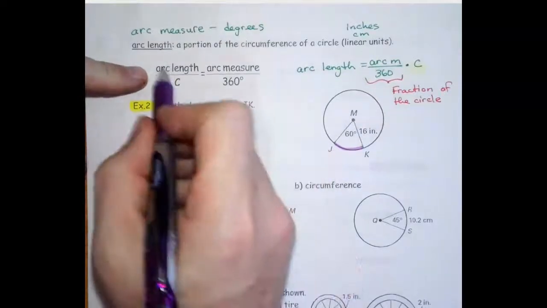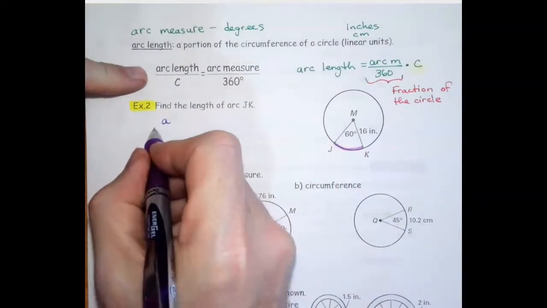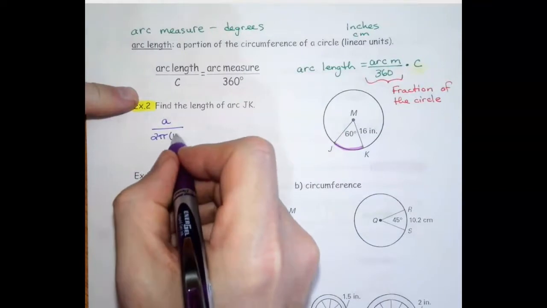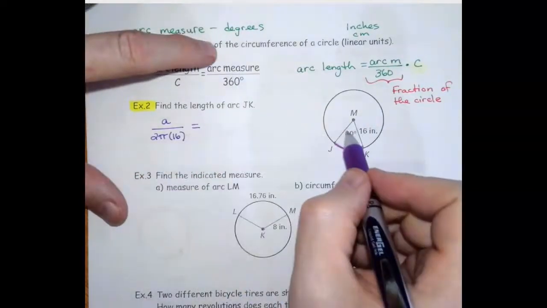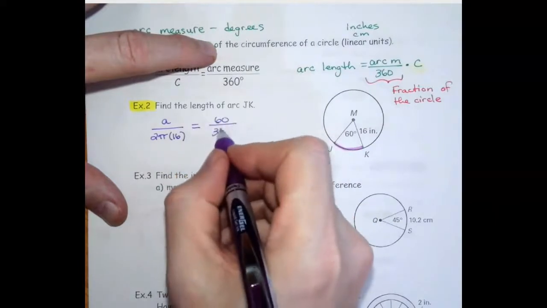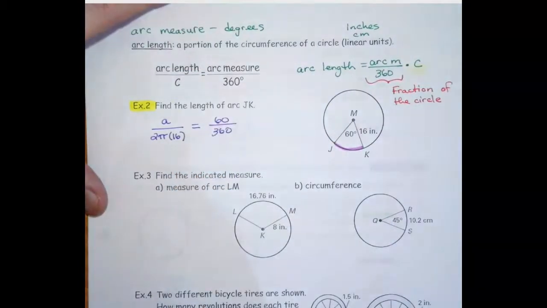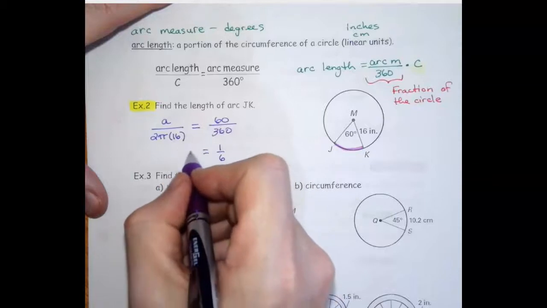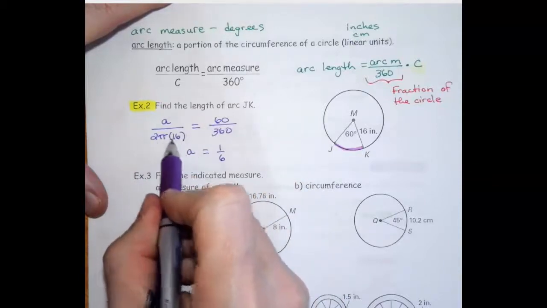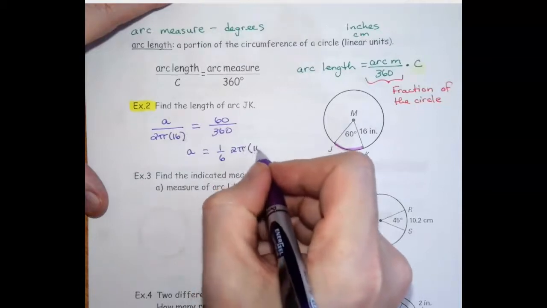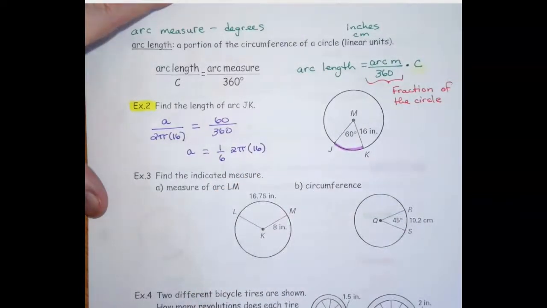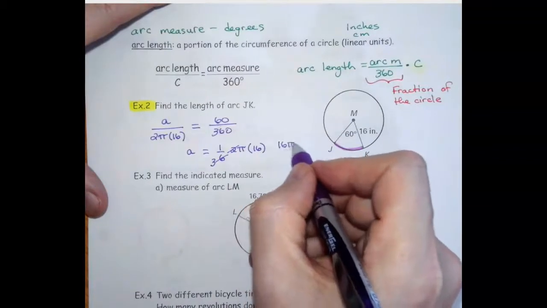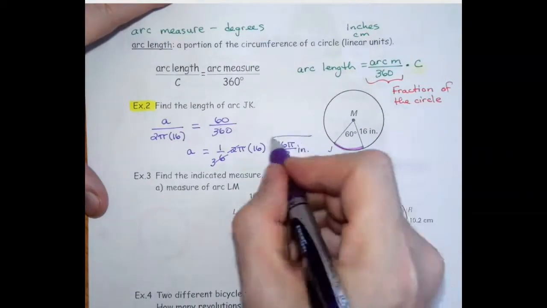So the length of the arc is this, so I'm going to call that A for arc length. So I need to divide that by the circumference. The circumference is 2 pi r. And then I need the arc measure, which is 60 over 360. Okay? So if we reduce that, that reduces to 1/6. And we can multiply both sides by 2 pi times 16. Okay? So this reduces to a 3, and so we could say 16 pi over 3 inches is how long that